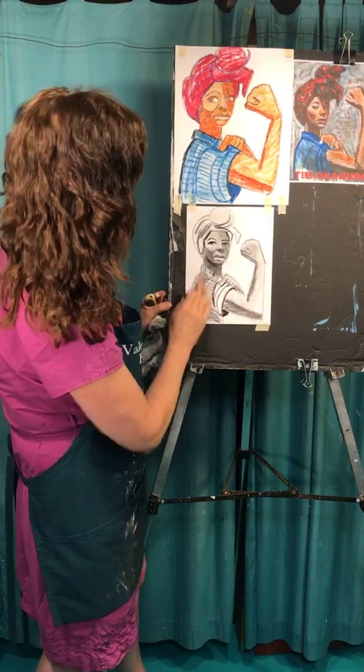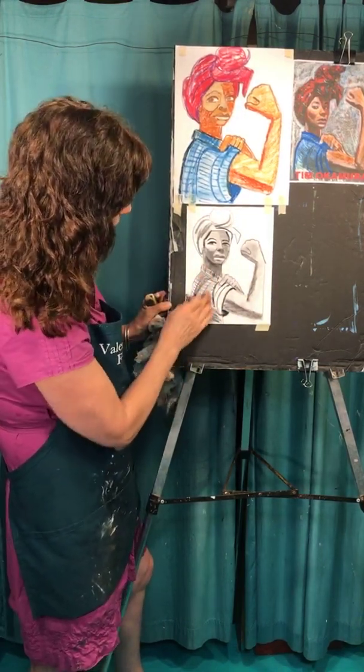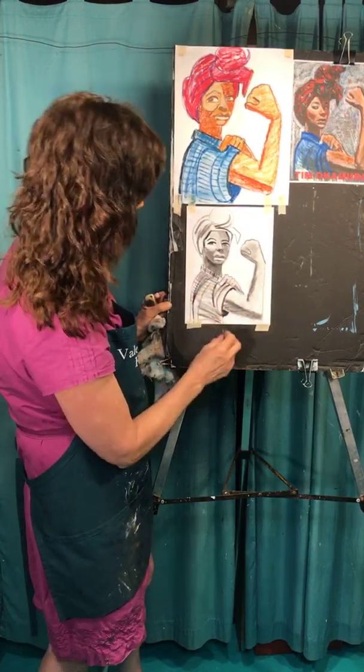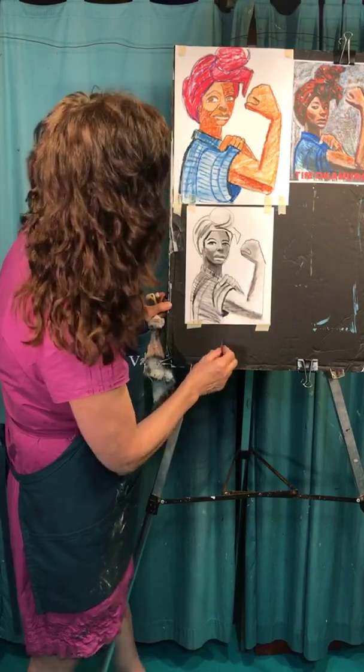It's going to be fun and cool. And I'm excited because I'm really into practicing my skies. I'm going to do some more. I have a feeling